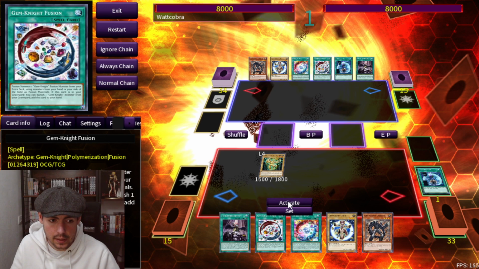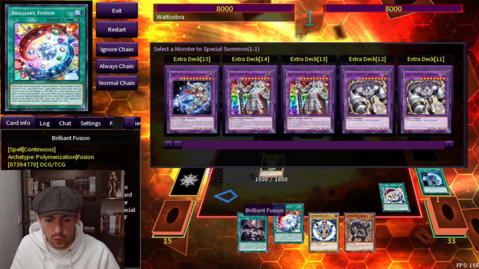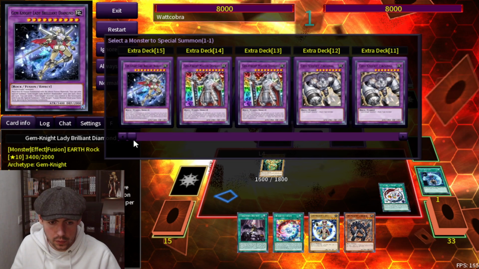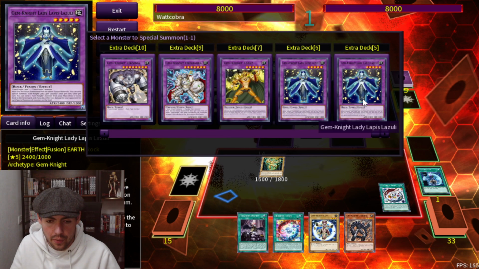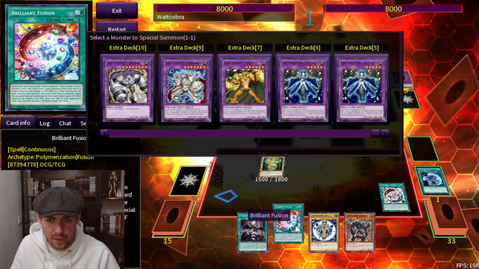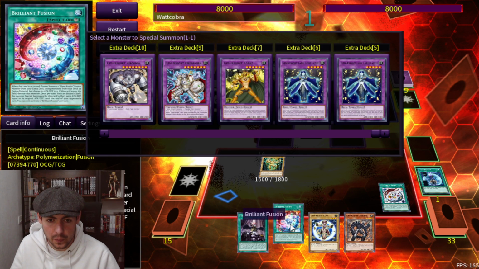So, fantastic hand and fantastic scenario in that instance. You don't use Brilliant Fusion so early on. Just saying, it's not worth it. In this scenario, because you're going to use the Zirconia special summon out of Brilliant Fusion to go into Phantom Quartz,